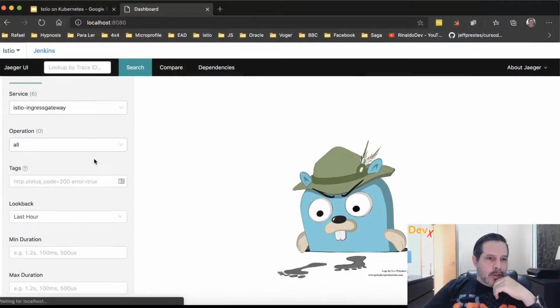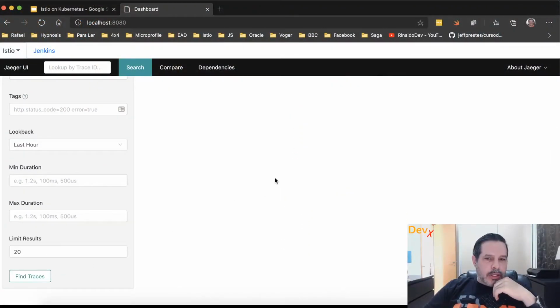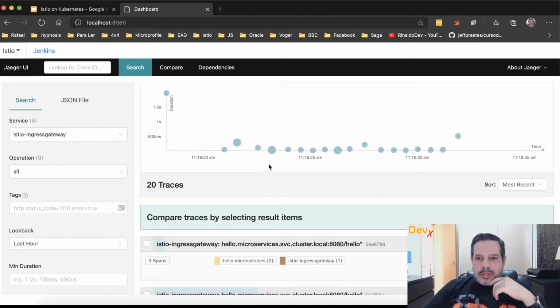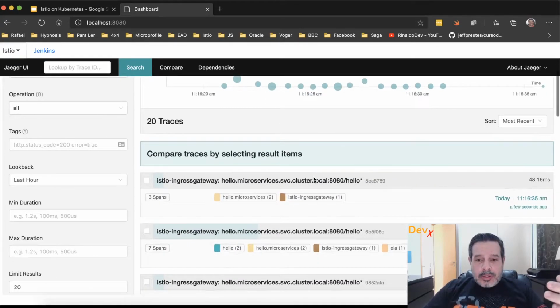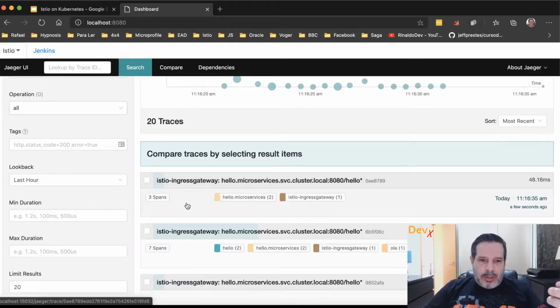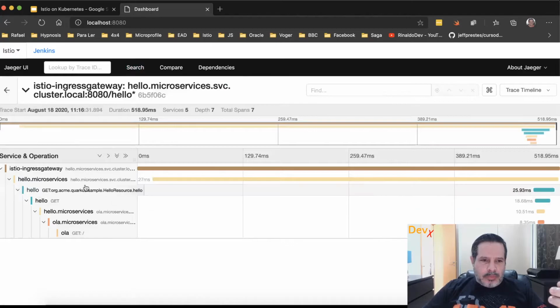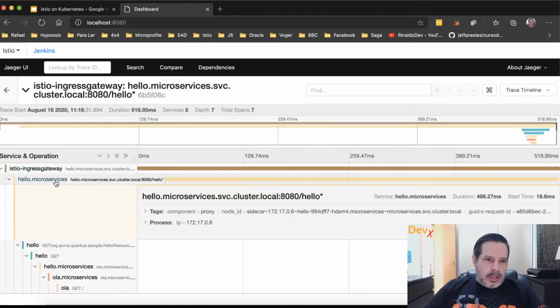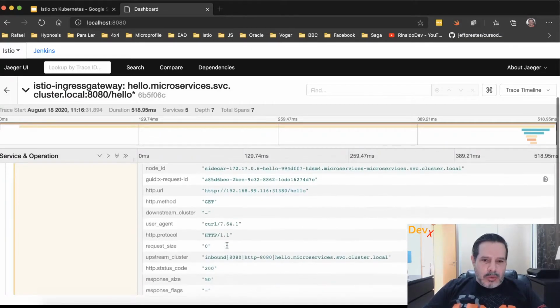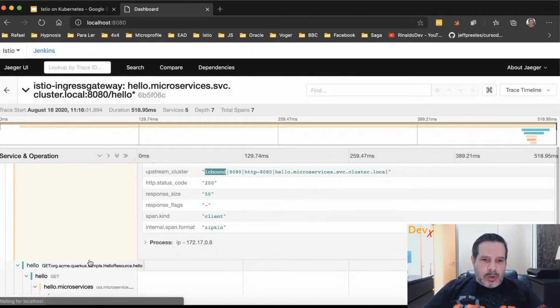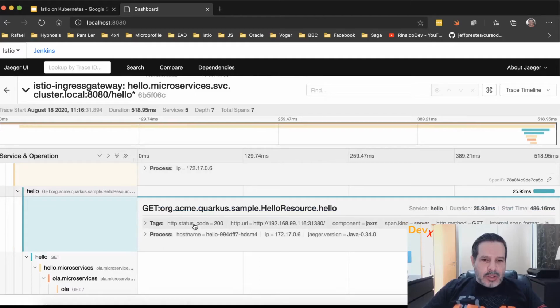Okay, and of course, if we go to Jaeger here, we can look for the Istio Ingress Gateway, get the traces, and we can see here, for example, if we open this trace, that the traffic went through the ingress gateway, then we had the proxy receiving the inbound request, then the application is called.